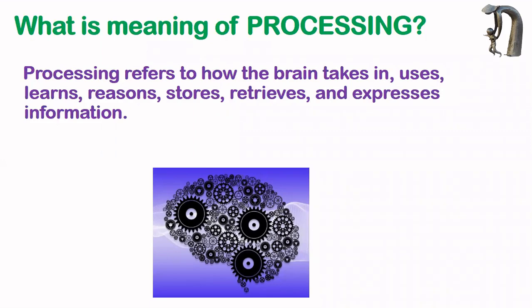For example, if any information goes to the brain via the sense organs, it might be visual, auditory, touch, or anything, that information has to be processed so that the child can respond as you wanted. For example, let us say a child with a learning disability or intellectual disability. Sometimes what happens when you talk with them,